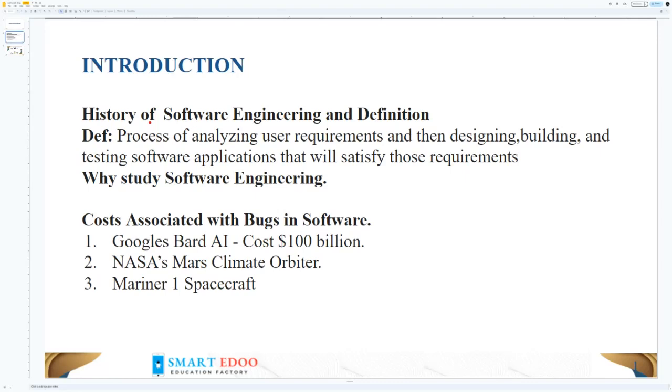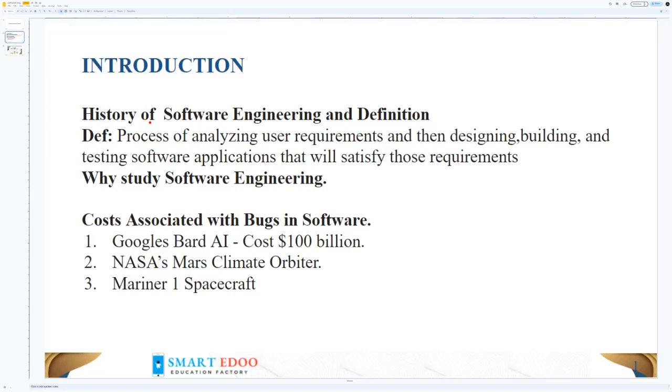So this is a very simple definition where the user requests to have a software built, and as a software engineer, you go analyze the user requirements and then act on it to build a software that meets those requirements.